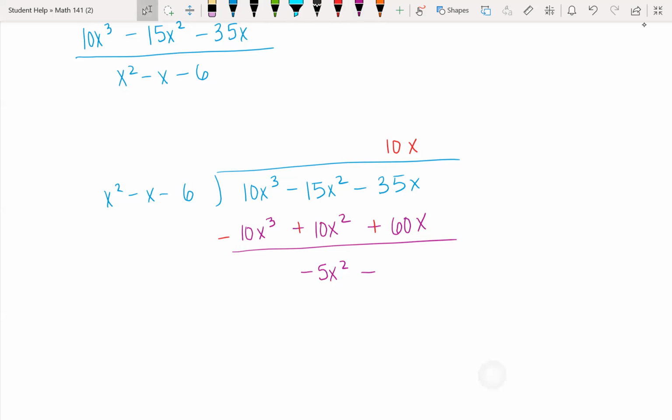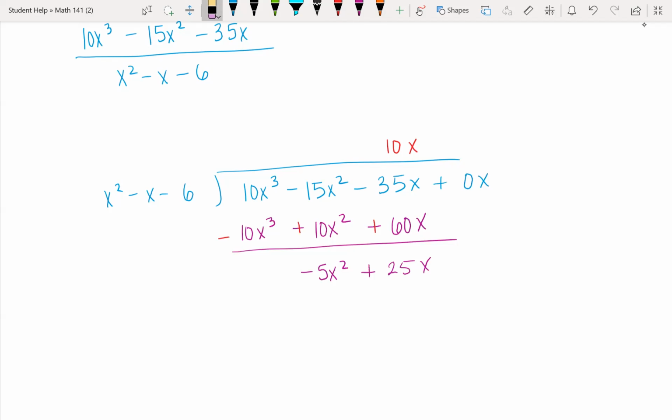Yeah, 20 plus 25x. And I'm going to add plus 0x here because I can continue. The remainder still has the degree that's equal to the divisor, so I continue. And I ask myself, all right, what do I need to multiply this by to get to this? And it looks like it's going to be negative x. And I'm going to put that above the,